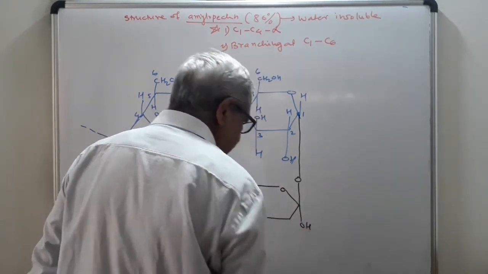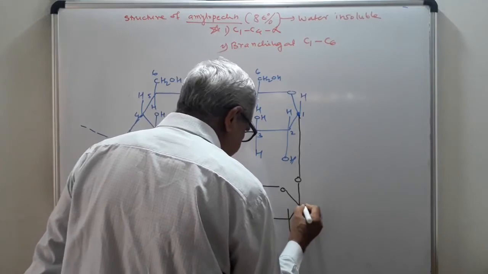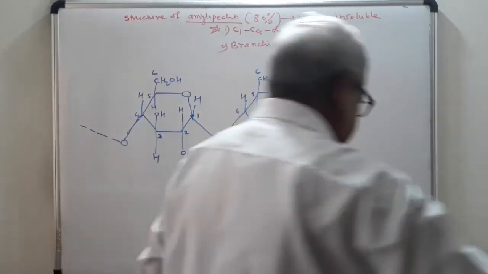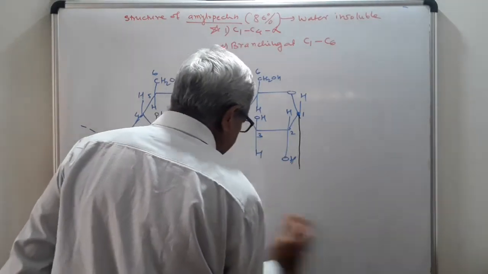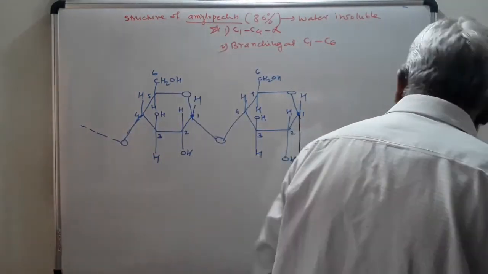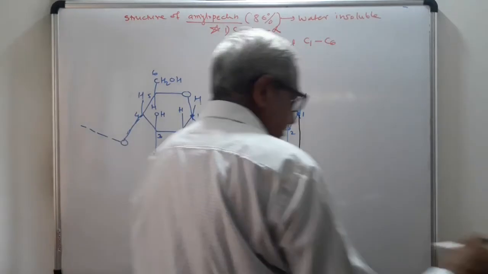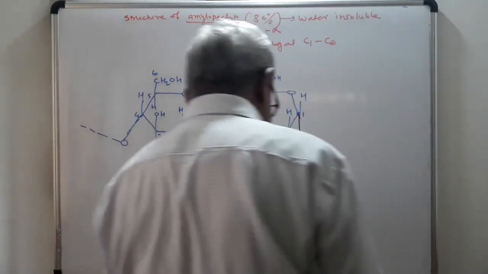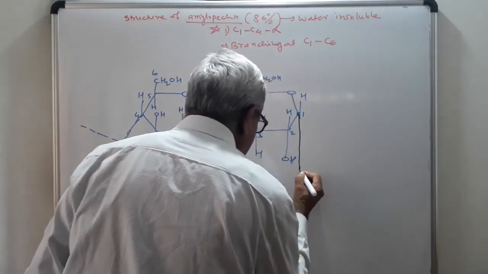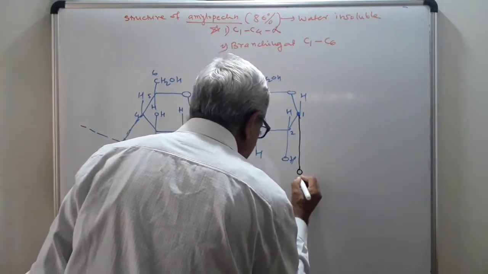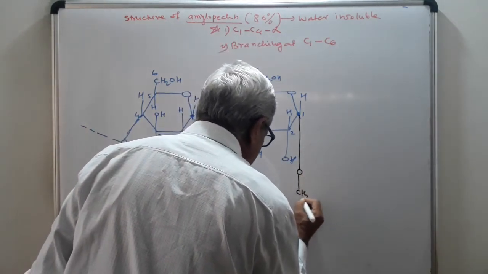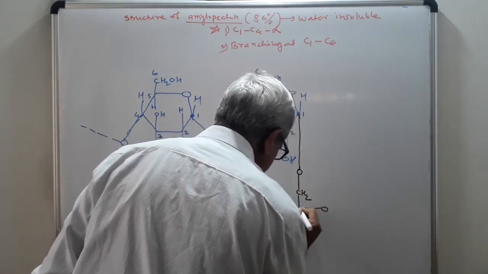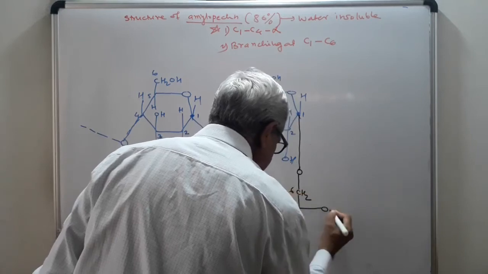Here is the OH because it is alpha, carbon number 1. Oh, C6 is here, not C1. You want here C6 branching. Though I will write here the branching between the C1, C6. The C6 can be written as here O, and then CH2, and then here carbon number 6, oxygen. This is your carbon number 6.